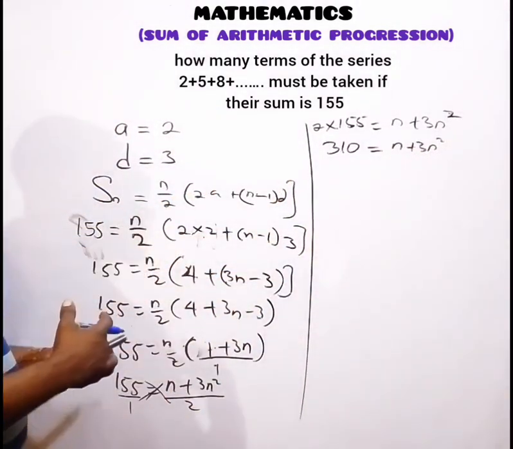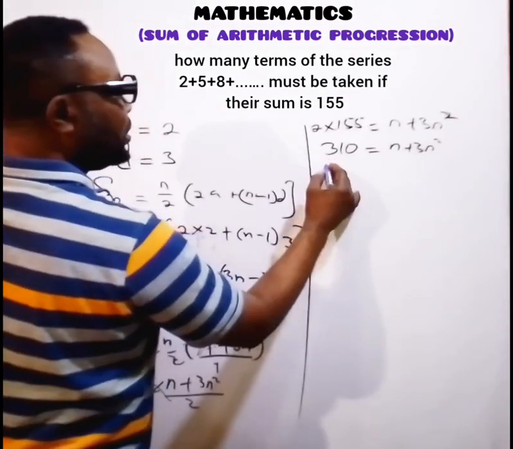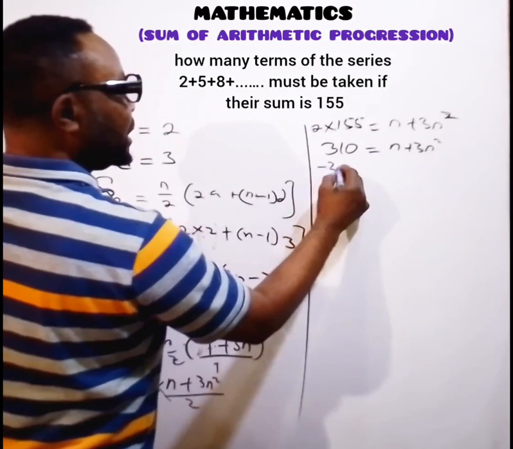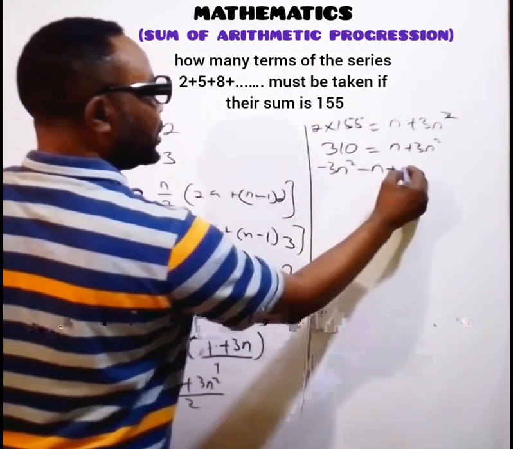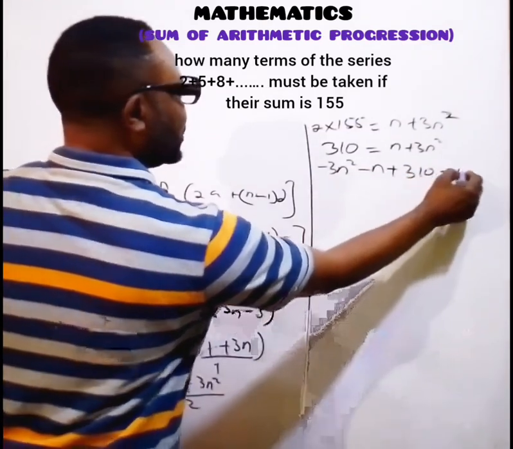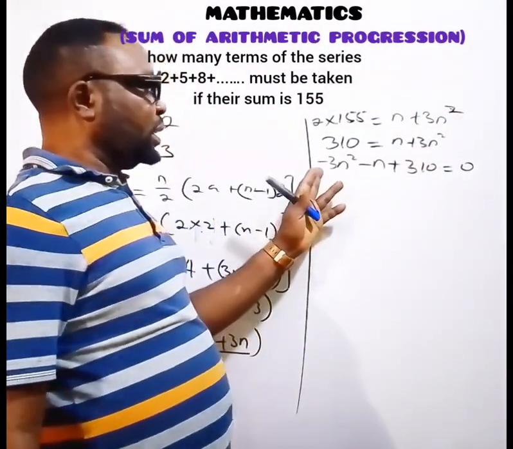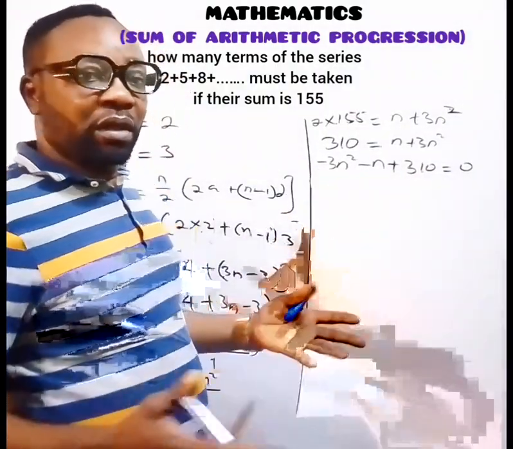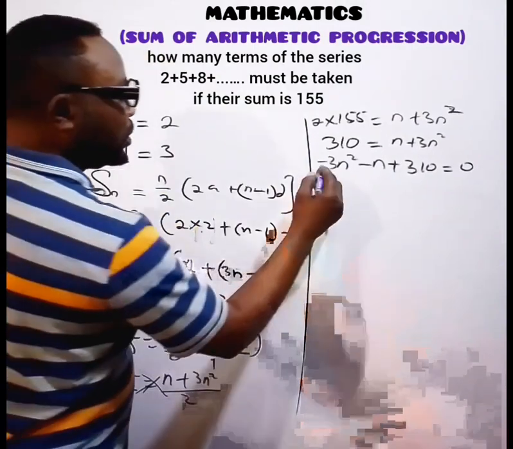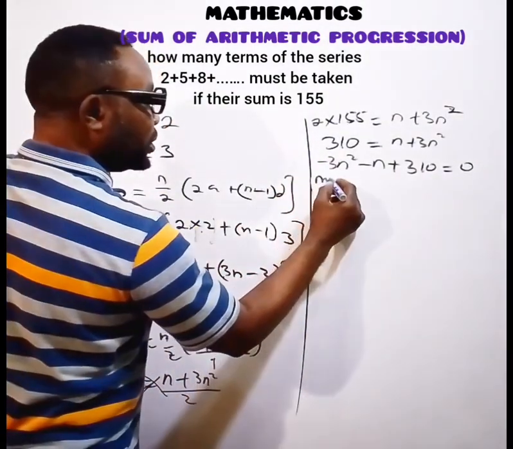You have to bring them all to the left hand side. So n and 3n squared will come here: minus 3n squared minus n plus 310 is equal to 0. Now, looking at this very well, you discover that this negative sign here, we need to eliminate it for easy solving of this problem. So to eliminate it, we can multiply through